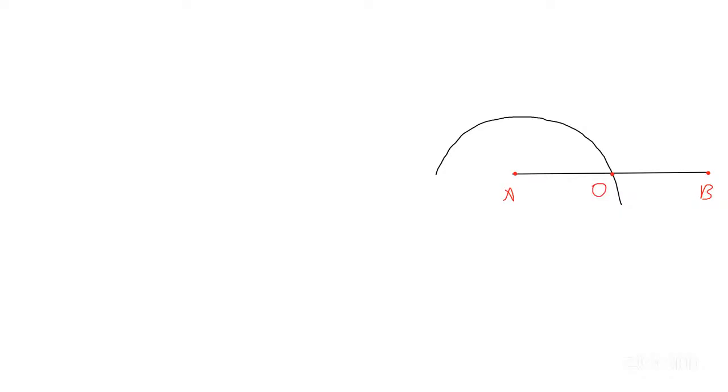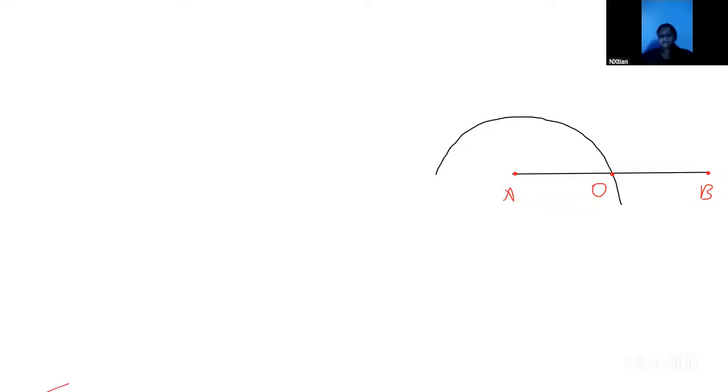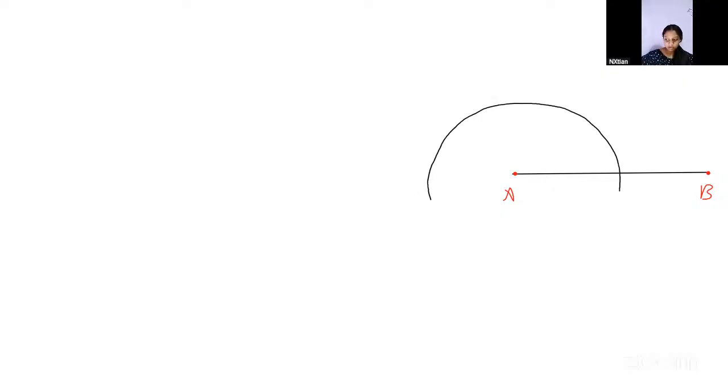Ma'am, O. Done. Yes, Joshua? When you start making the point on the left side next to A, does it have to be totally straight on the same line as A? No, Joshua, not necessary. If I make it like this also, that is fine. Now this point is my O point.